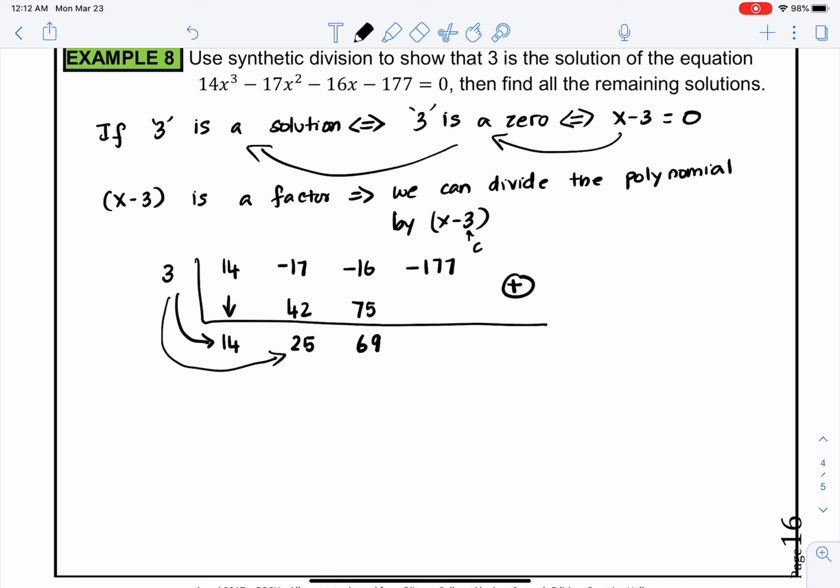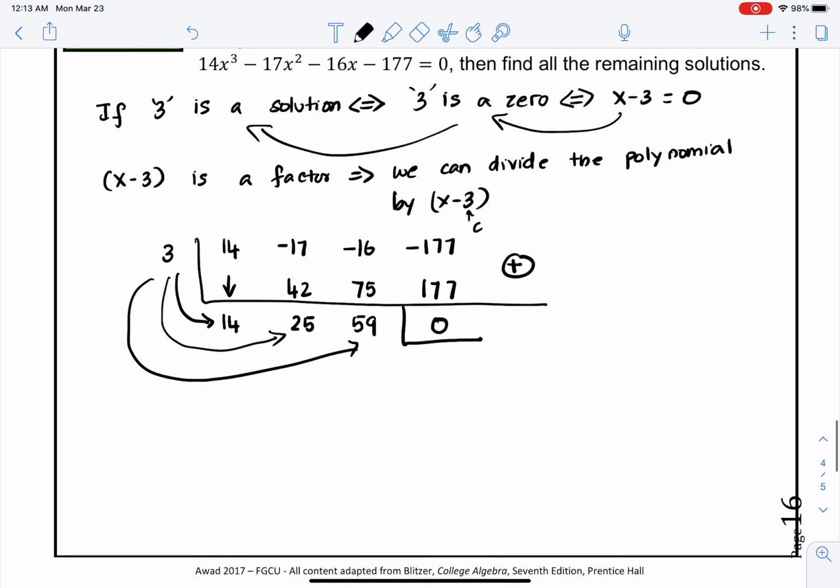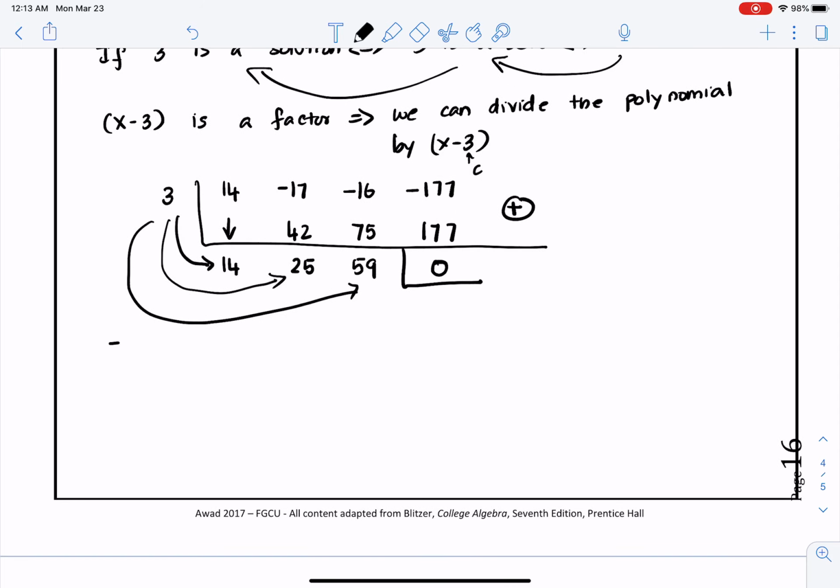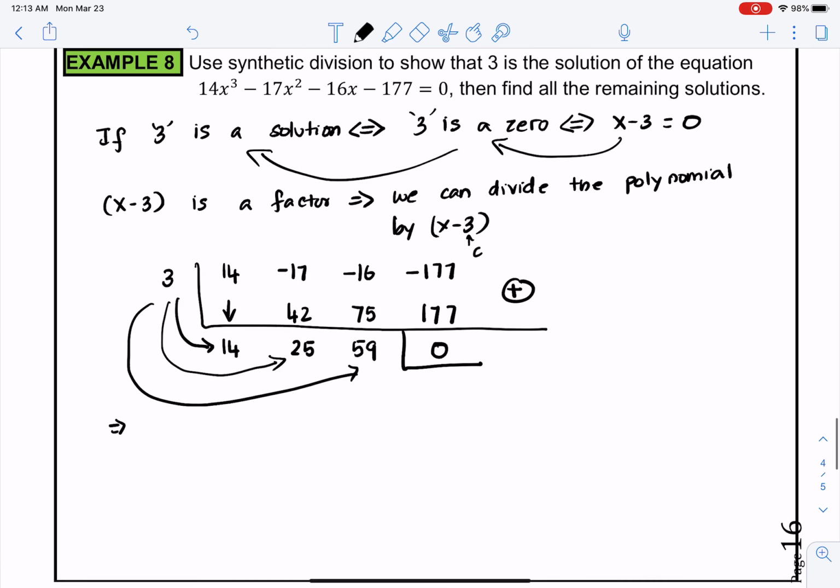Oh, sorry, 59. And 59 times 3 is positive 177. When we add, we get 0, which would imply the original polynomial